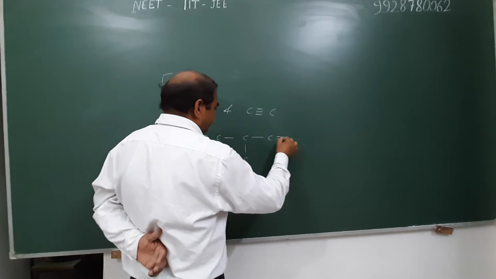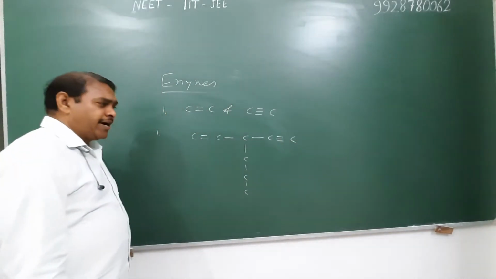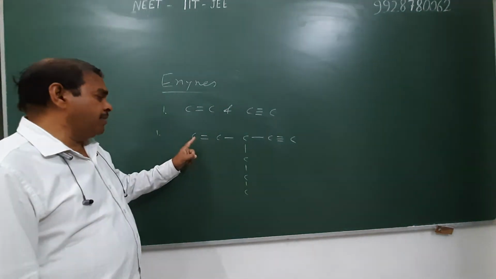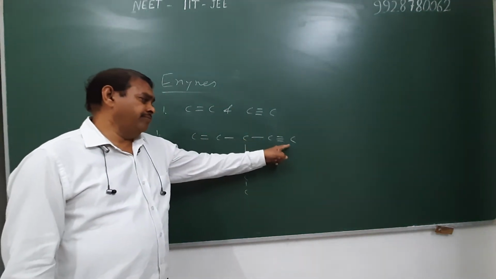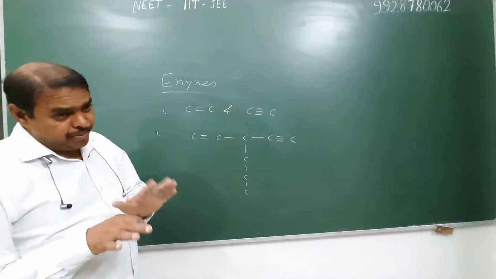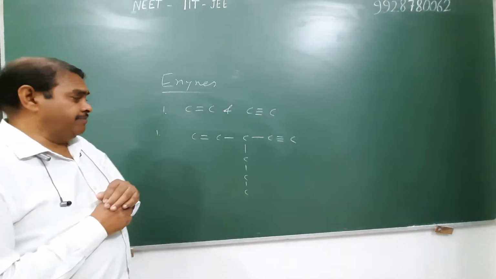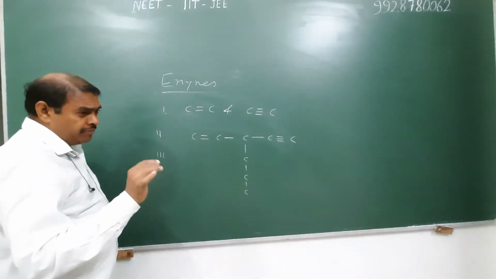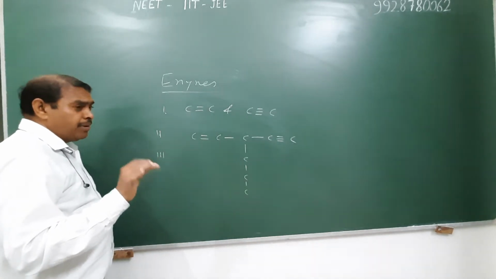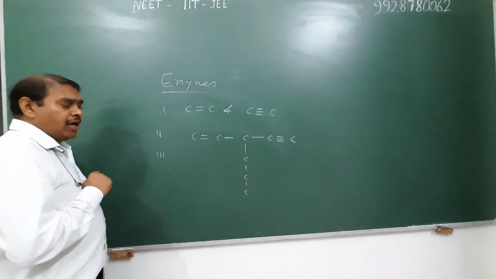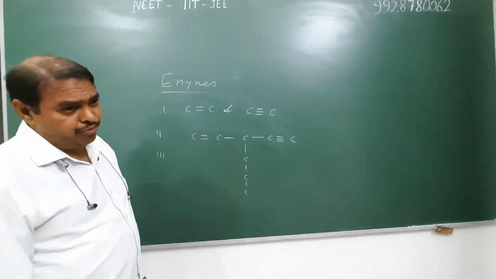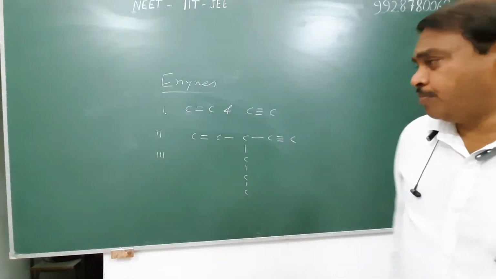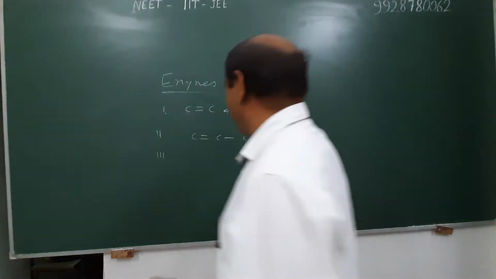For example, this hydrocarbon is known as an enyne and only 5 carbons are present in its parent chain, in which the double bond as well as the triple bond must be there. Rule second, give minimum position to the unsaturation. Unsaturation may be a double bond or a triple bond. If both bonds occupy identical positions, then we give priority to the double bond.